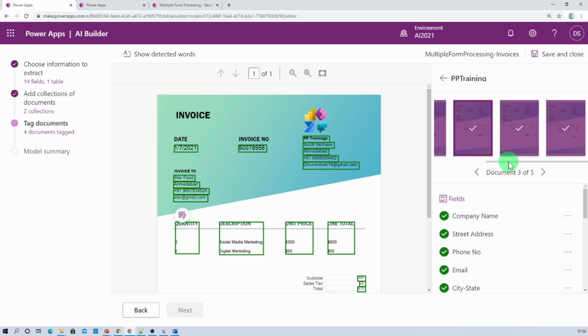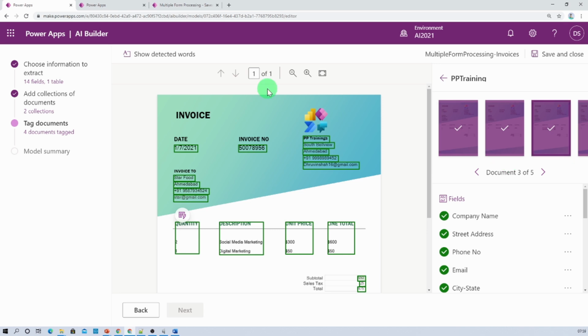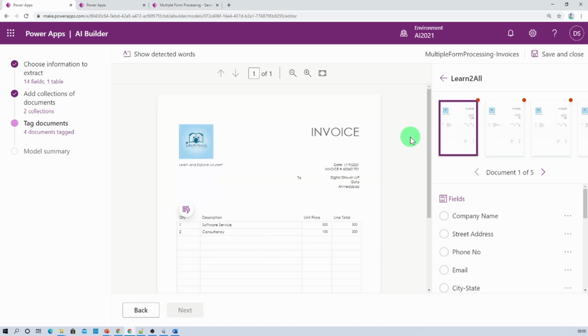So I have followed the similar procedure for all 5 forms from the Power Platform training collection, and we tagged all the documents properly. Once all the 5 documents from this Power Platform training collection are tagged properly, we just need to move forward with the tagging procedure for our next collection, that is for Learn to All.